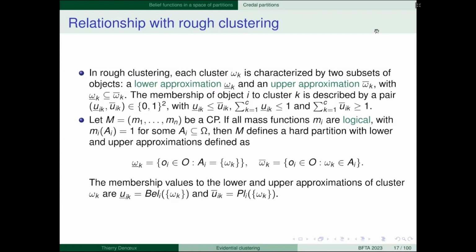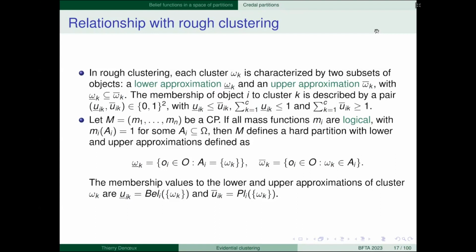This might be the upper approximation of cluster 1, and this might be the upper approximation of cluster 2. Here, some objects may belong to either cluster 1 or cluster 2. So actually, the upper approximation defines a covering. A covering is a set of subsets that may intersect, but the union is the whole set of objects. So this is rough clustering.